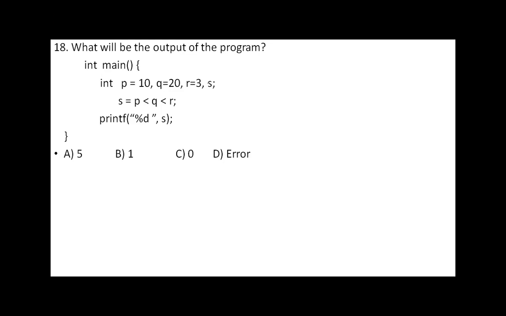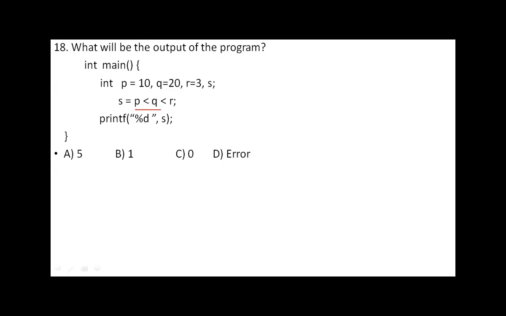Yeah, any guess? No idea, right? So here, what happens? First, this statement is evaluated.